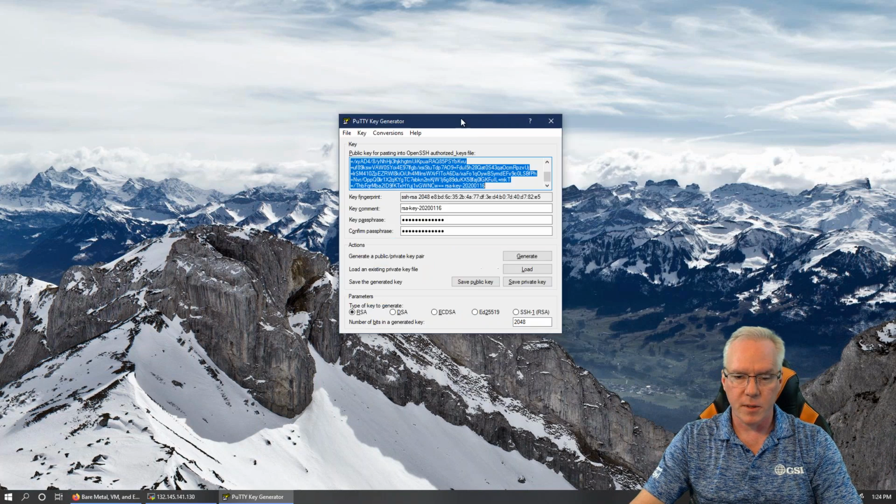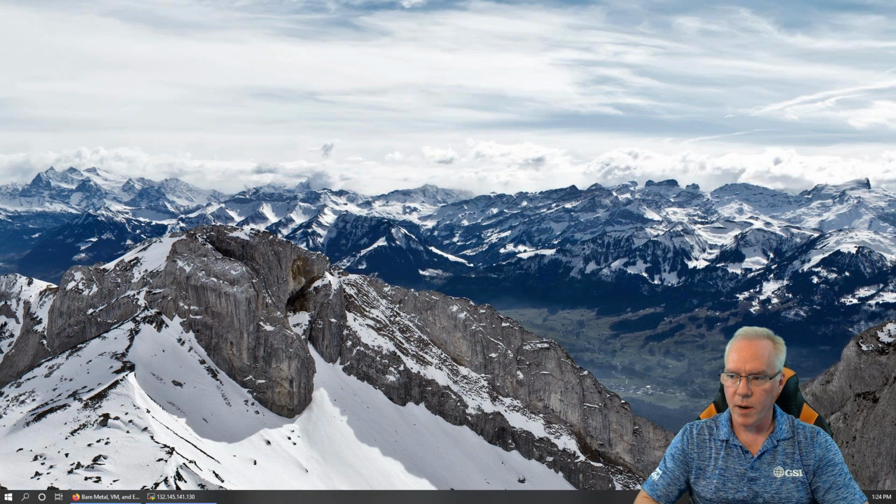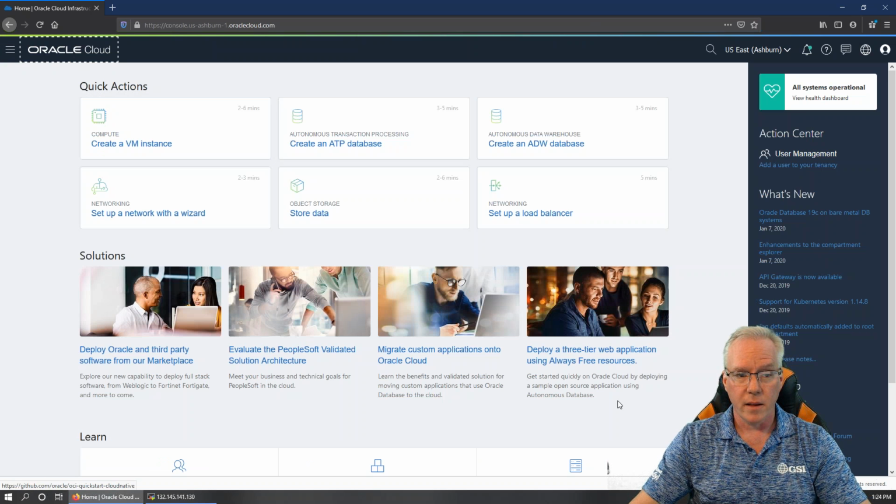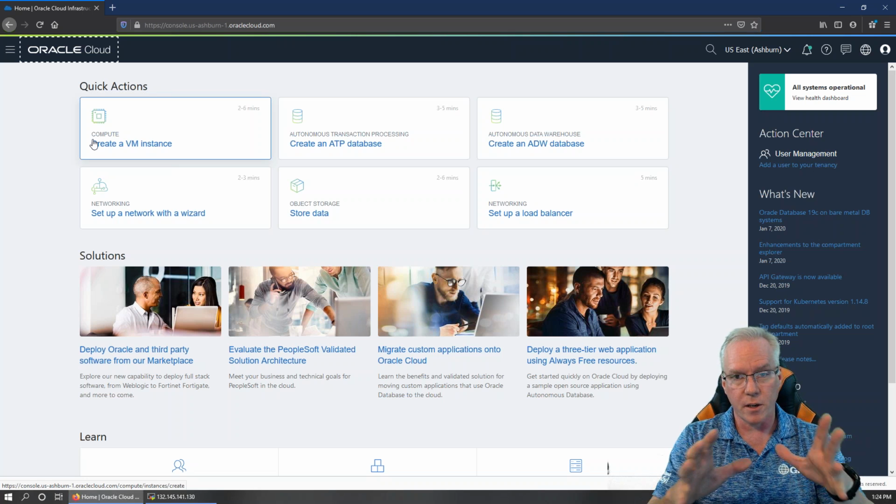So I'm going to scooch this off the screen. Everybody's created their private and public keys. You've copied off your thing to the other one. Now we get to actually go to the Oracle Cloud. This is the main screen that you'll see when you log in. You go through all these wizards. You can create your VM instance if you want to, but really,